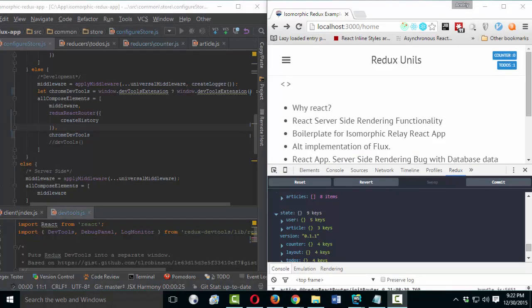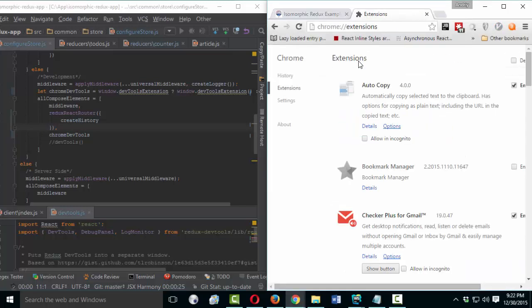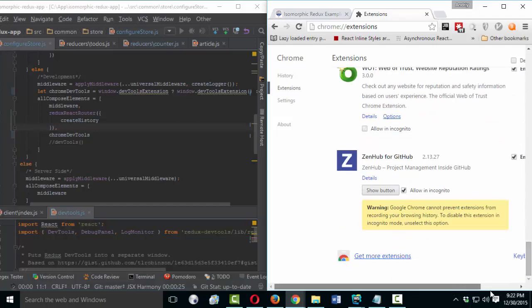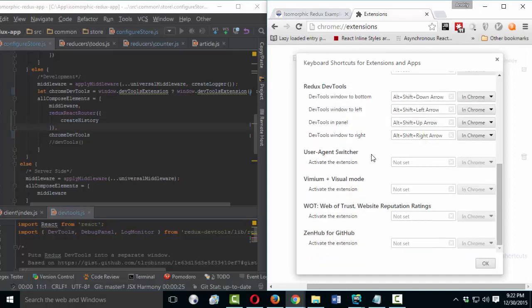If you wish to manage your browser shortcuts, you can come to Chrome extensions, it's AutoHotkeys, and here you will find keyboard shortcuts and scroll down to Redux DevTools. So if you use exactly these shortcuts for something else, you can easily change them.